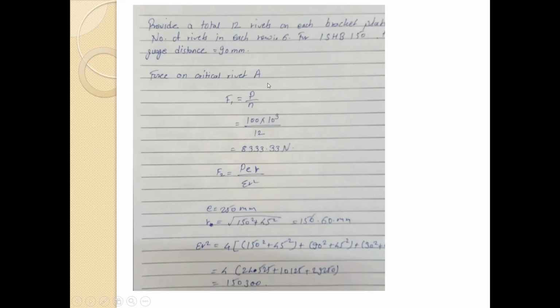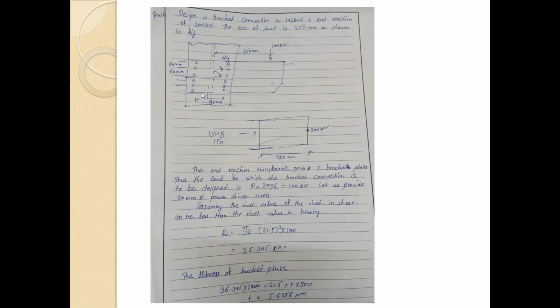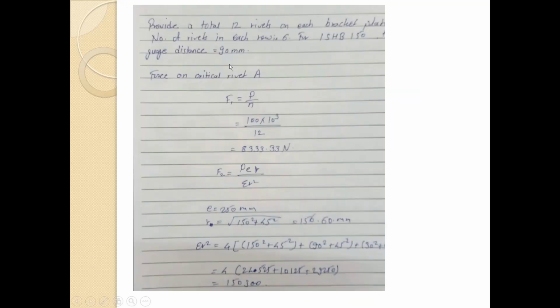So the force on rivet A, we are considering this corner or extreme rivet over here. This rivet we are considering. So we are calculating F1, that is F1 equals P by N. P is 100 divided by 12. We are getting 8333.33 newtons, and we know the formula for F2,